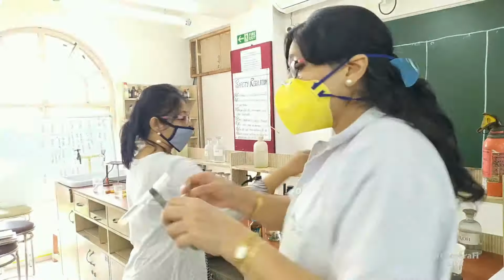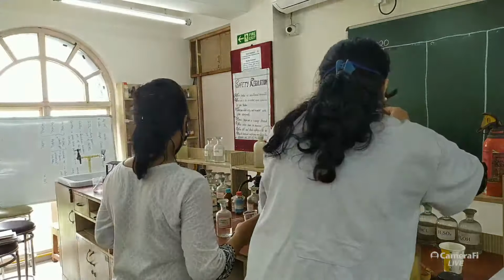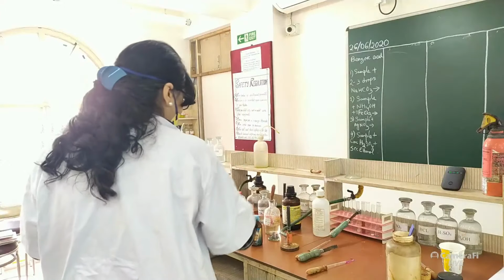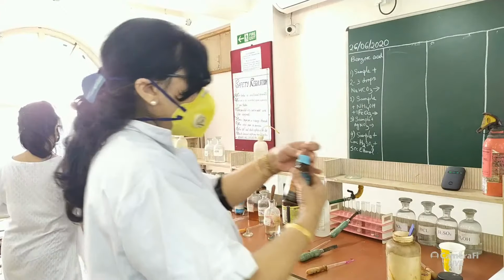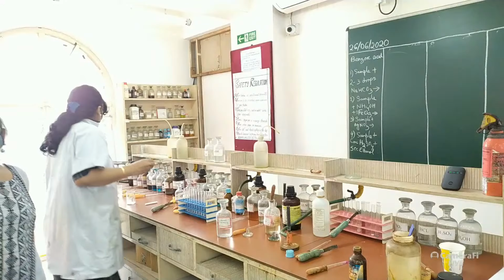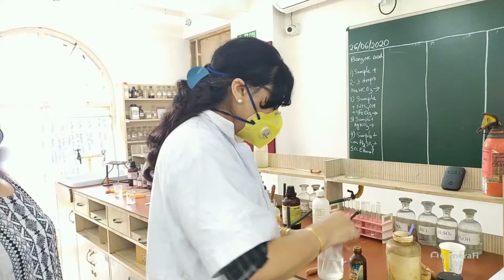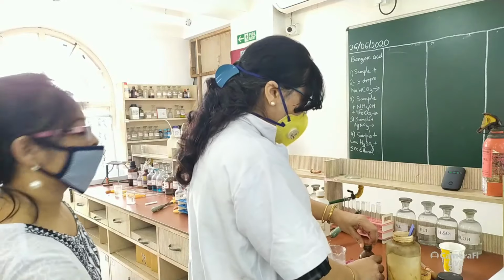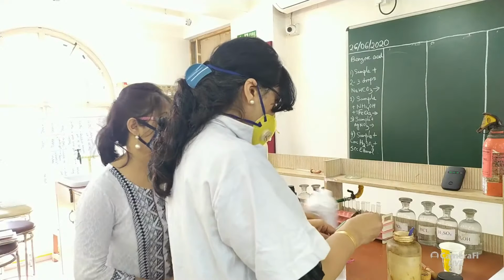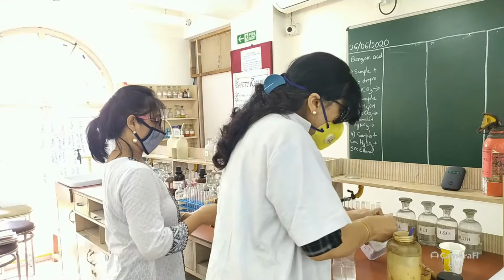So the first one is your sodium bicarbonate test. I will decant a little bit. So the first test that we will do, see, it has again solidified. So I'll have to melt it once again. See, it has again solidified. So I'll have to melt it once again. Now see, I've poured the molten dissolved solution.